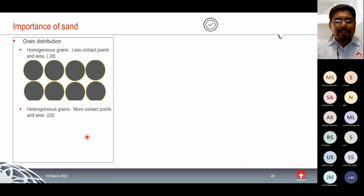Once again, coming back to the sand, I was just talking about the grain distribution. Just consider, say, if you have homogeneous grains, like a single sieve distribution, like in your 60 sieve or 70 sieve, you have majority 60-70% of your sand retained. Just think about this as a two-dimensional picture, where in between the sand grains you can see only four bridging points. Okay, resin, the black colored grain, the whole shape is considered as a sand grain, which is covered with a resin coating. Now, unless this resin coating of two sand grains come in contact, it will not bridge together, or